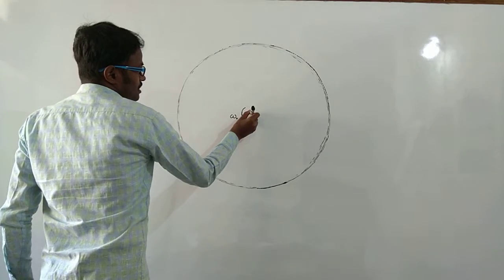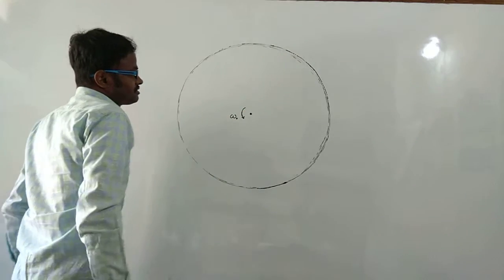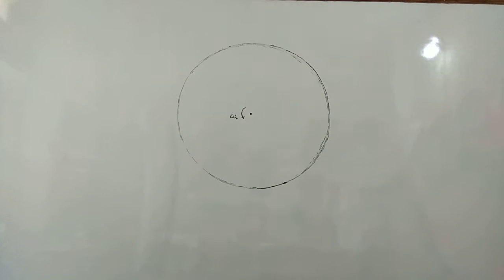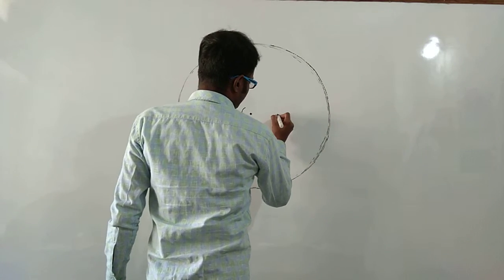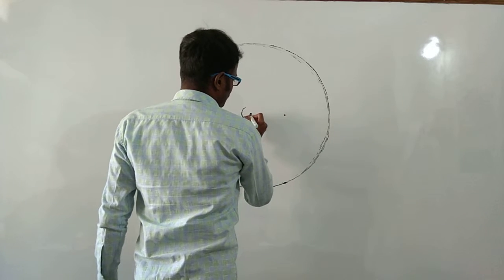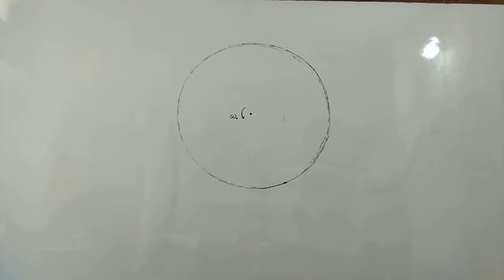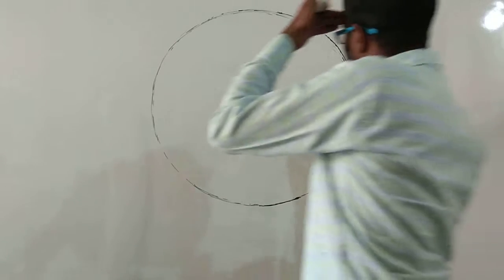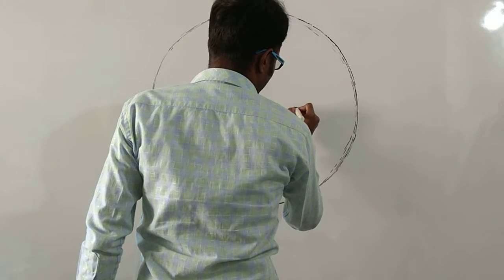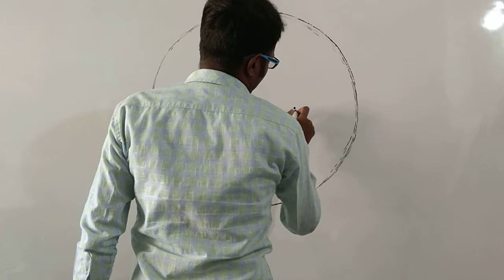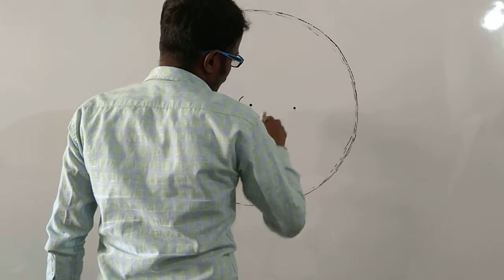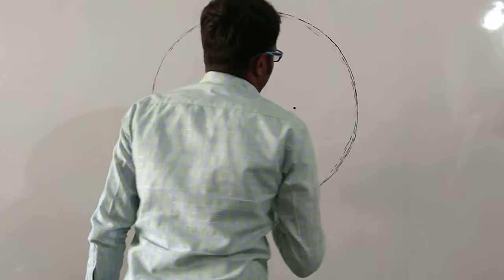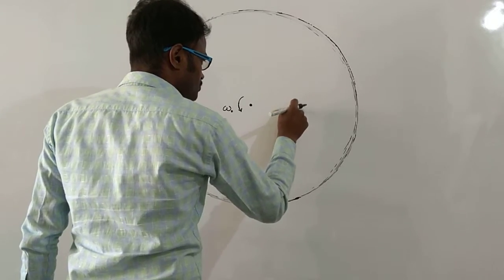This is a uniform disk, and it is fixed in our inertial frame of reference. At a distance a from its center, this is a point. A thin uniform rod is performing a small oscillation about this point. This point is A. This point is fixed to the rotating disk,